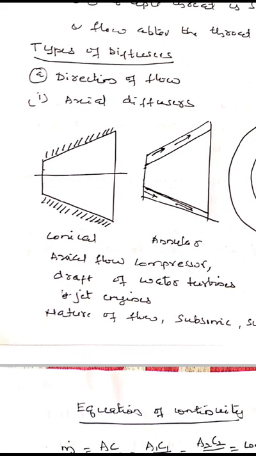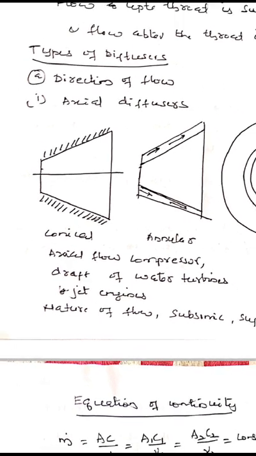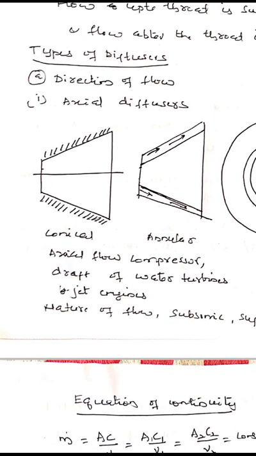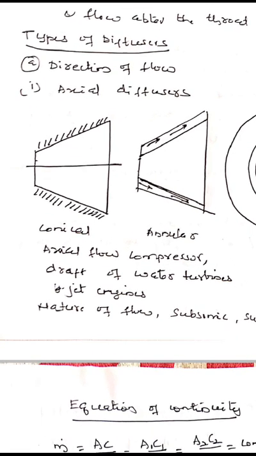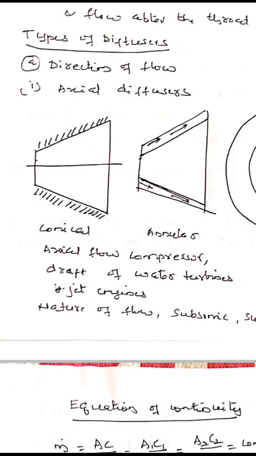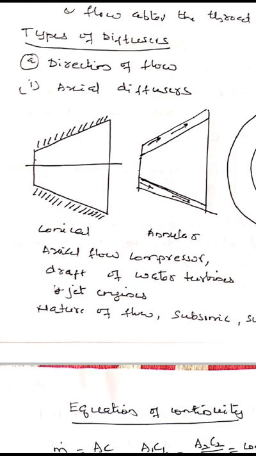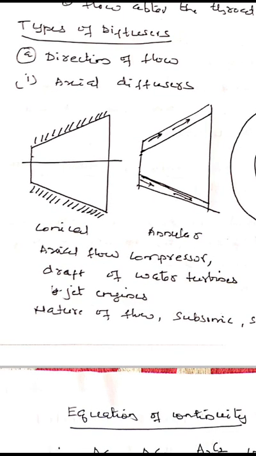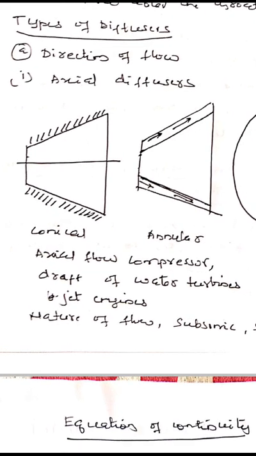One example of a diffuser is a draft tube. A draft tube is used in a Francis turbine, which is a type of reaction turbine. In the Francis turbine, the pressure at the outlet of the turbine will be less than atmospheric pressure. Hence, it cannot be discharged to the atmosphere. Therefore, a draft tube is used at the exit of the Francis turbine so that the pressure increases above atmospheric pressure, and then the fluid can be discharged to the atmosphere.